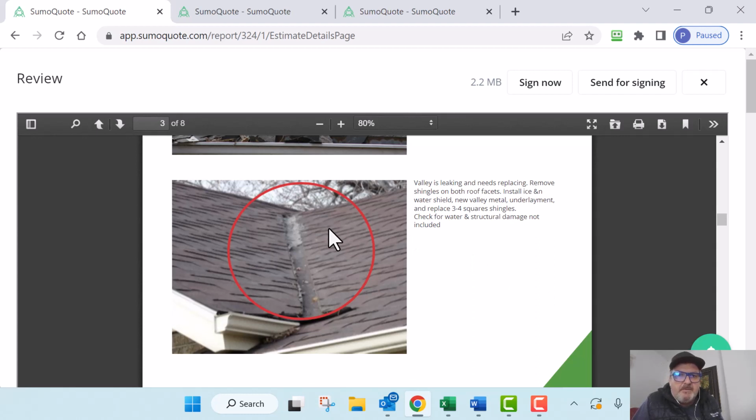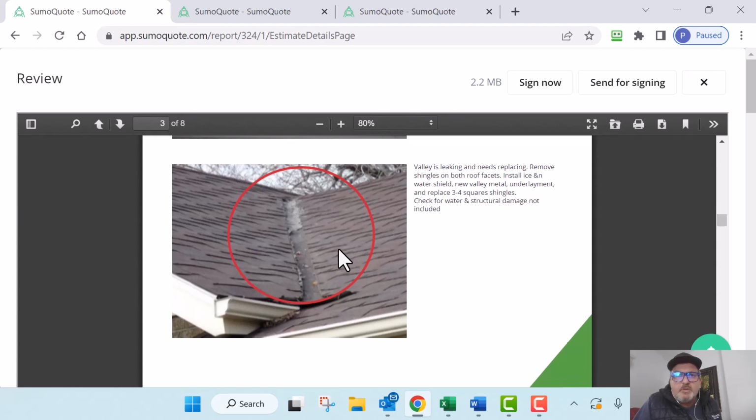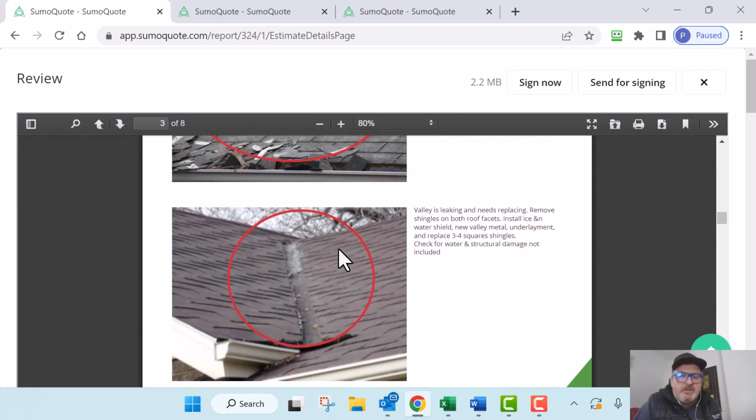And then valleys, just be aware, like if on the left here, if that's one facet and it's tied in with a valley here, when they rip that valley out, which they'll need to, of course, they're going to have to rip out the shingles on the other side here. So when you're looking at what's an entire facet, just think of a ridge that's boxed in on either side with rake edges and eave edges. And if we can do that successfully as one piece, we can actually warranty that particular facet,